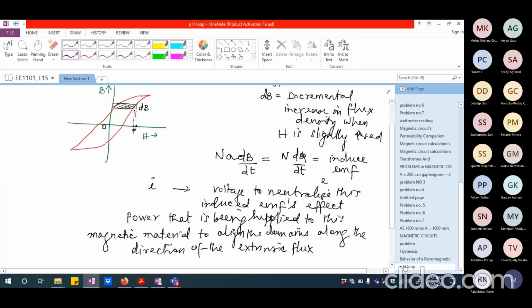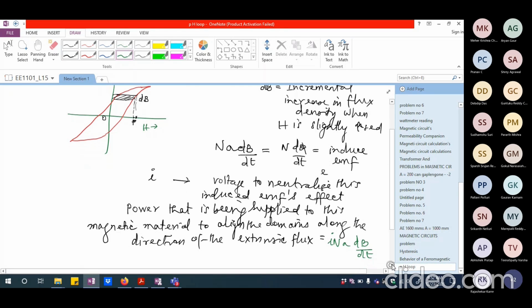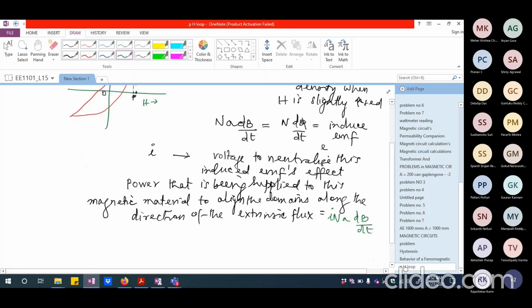So this is actually whatever is the EMF multiplied by the current. So I should be able to write this as N A dB divided by dt multiplied by I. Okay, so N I A dB/dt is the power that is being supplied to align the domains along the extrinsic flux. Now, if I supply this power for a duration of dt, so energy